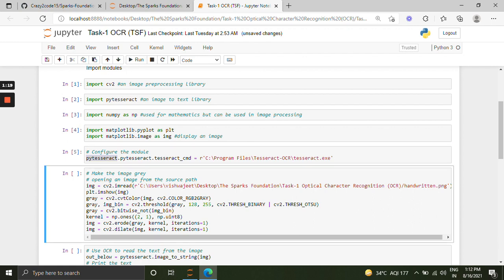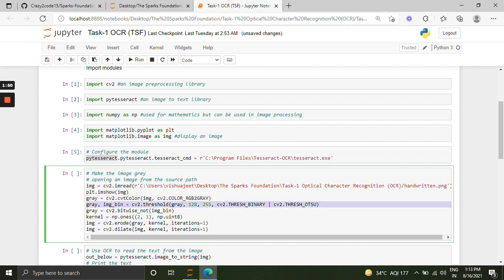It is done. Now in the next bigger block of code, in the first line we are reading the image using the OpenCV library. The command is cv2.imread with the path of the image as an argument. This image is imported as a 2D array in img. Now we are using the matplotlib pyplot method to show that image. This is the command to showcase the image. Now in the next line we are converting the colored image to a grayscaled image. This is happening in this line segment.